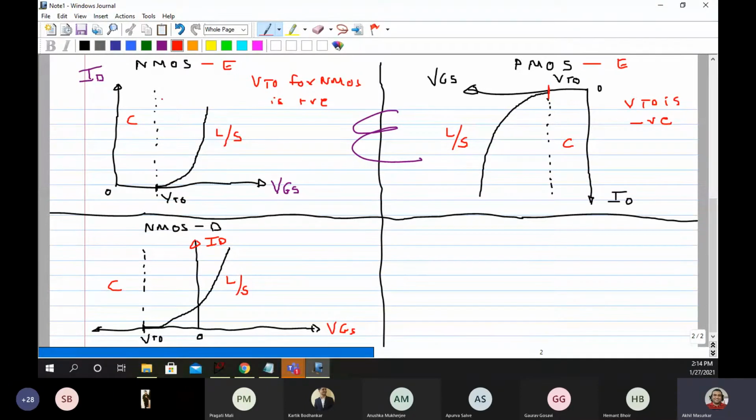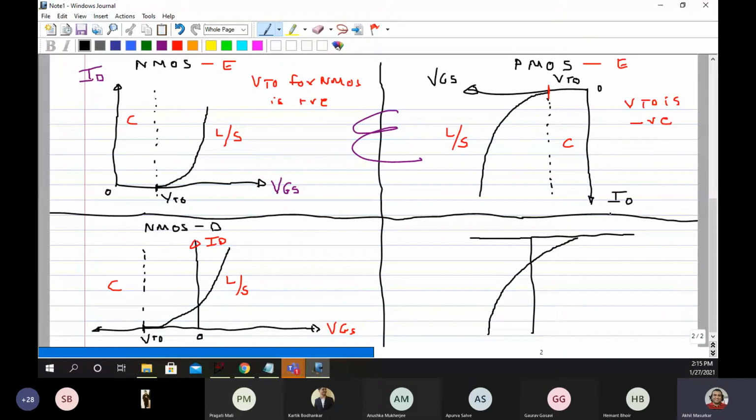What is the difference between NMOS enhancement type and NMOS depletion type? NMOS depletion type is a MOSFET whose threshold voltage is negative. Now if you similarly try to draw the characteristics of depletion type PMOS, it will be a PMOS whose threshold voltage is positive.